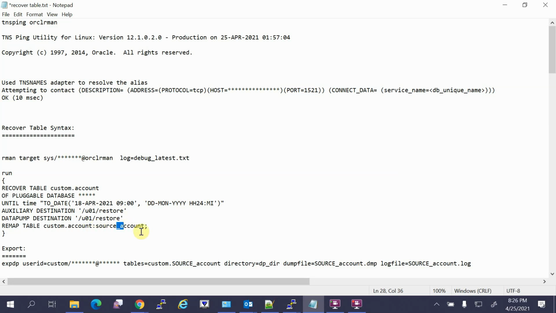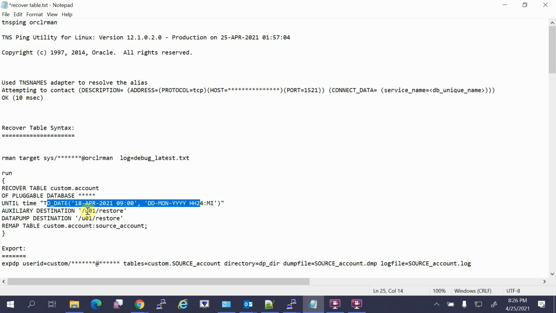So you review it. So hopefully you understood this command, recover table, very simple, of pluggable database. Until time, you should be aware of which time you are going to restore. Auxiliary destination, where you want to, because it is going to bring up one database.